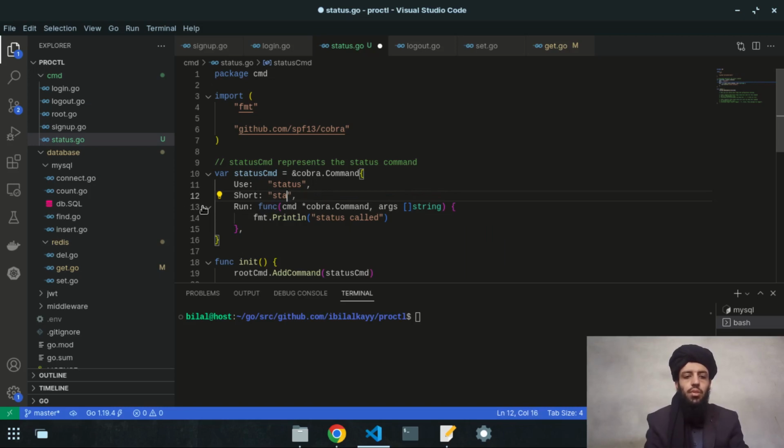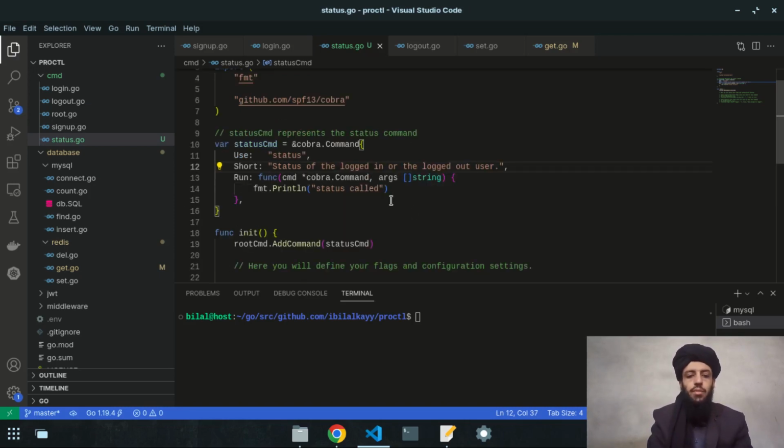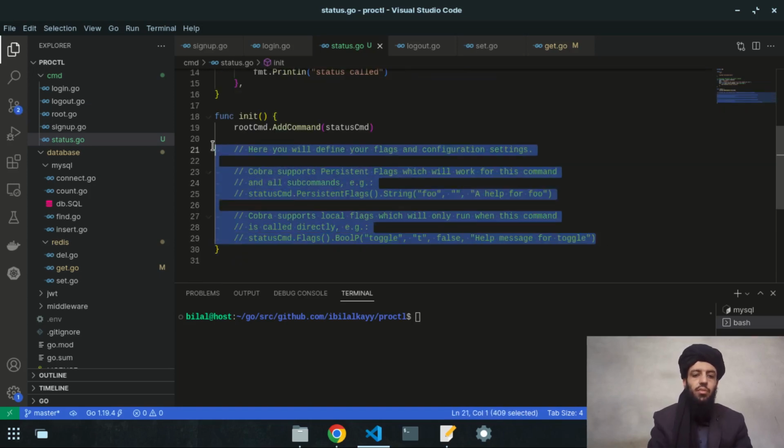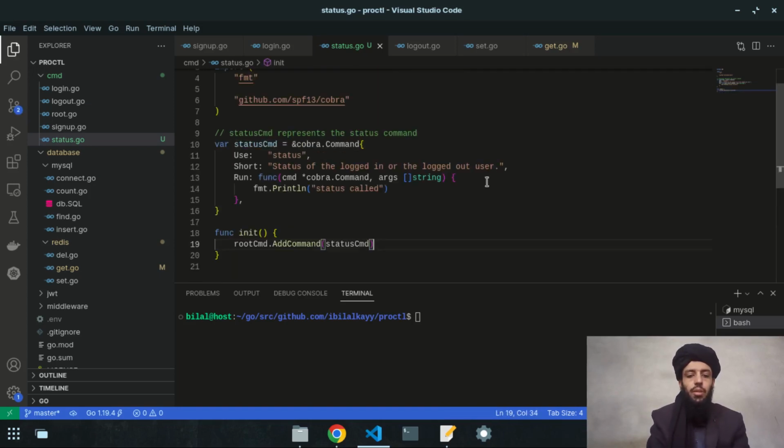status of the logged in or the logged out user. All right, logged out user. So status of the logged in or logged out users. I have forgotten the in. This is the status functionality that I will work on, and let's delete these flags also because I don't need them. And I will simply write proctl status, and it will show me the status whether the user is